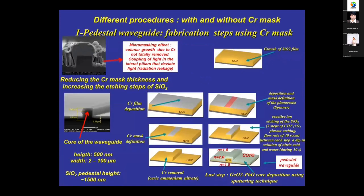The first pedestal was like this and presented the micromasking effect, a columnar growth due to chromium mask that was not totally removed and that compromised the result. This was solved by reducing the chromium mask thickness and by increasing the etching steps of silicon dioxide. Then we obtained this beautiful profile with core height of about 500 nanometers,